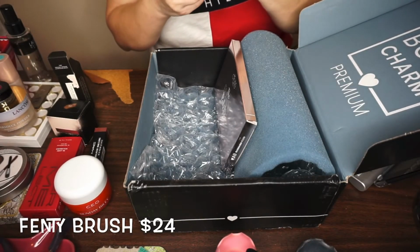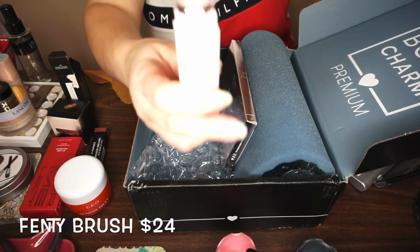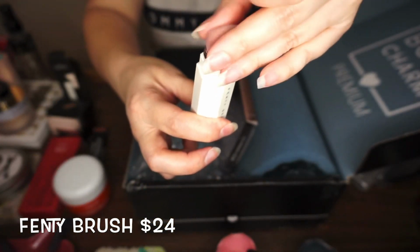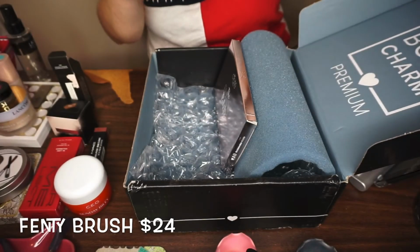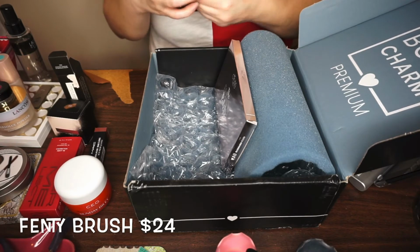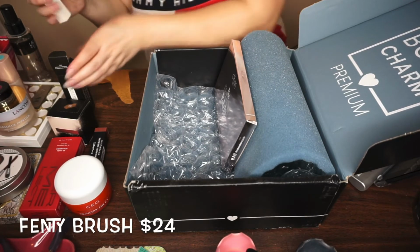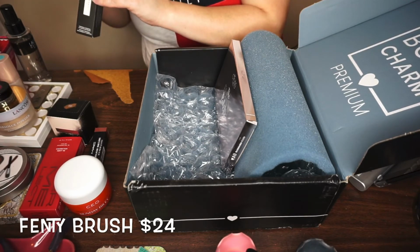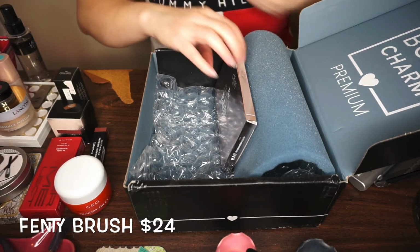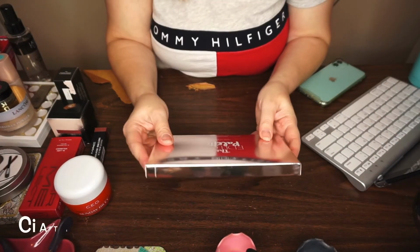Oh, that's a neat brush. So it's just like that. And it's very dense, so you definitely could use it for concealer. You can use it, wow, that's really pretty. I really like that. I like that a lot. That's very nice. And then the last thing I got in my box,